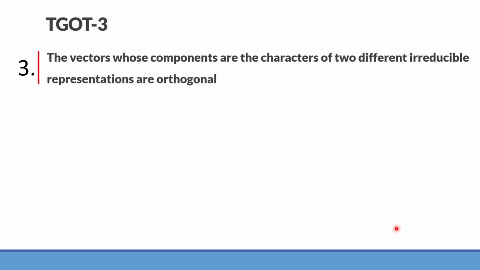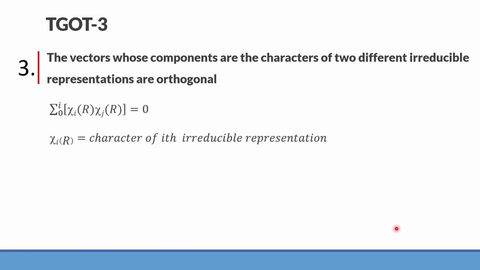Rule number 3, the most important component of the great orthogonality theorem: the vectors whose components are the characters of two different irreducible representations are orthogonal. That is, chi i(R) times chi j(R), summed over all operations R, has to be equal to 0. Where the character of the ith irreducible representation is chi i(R)